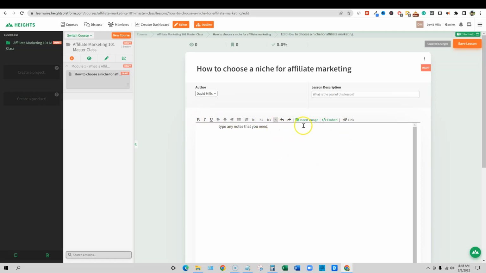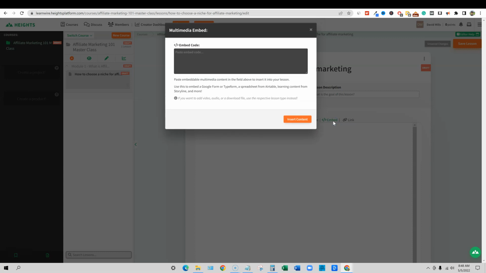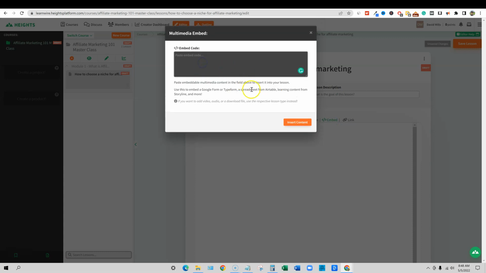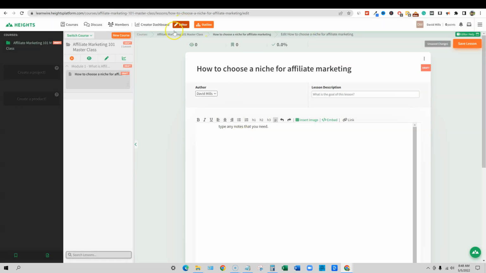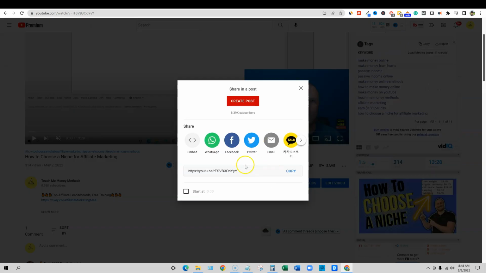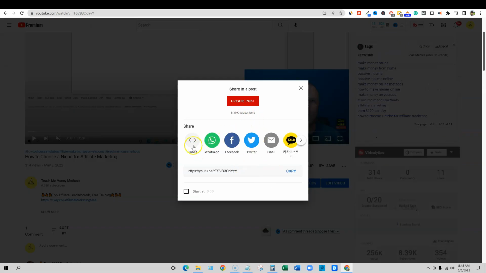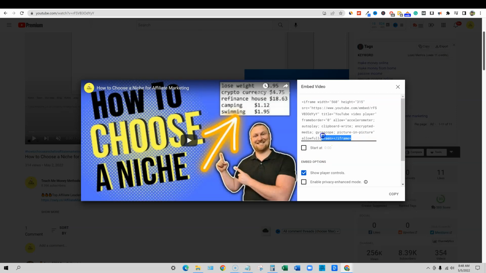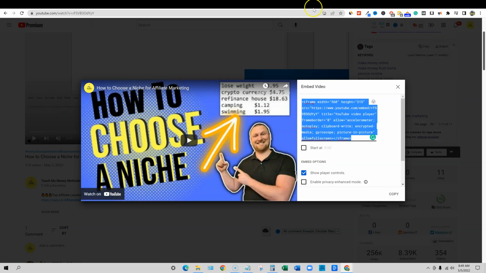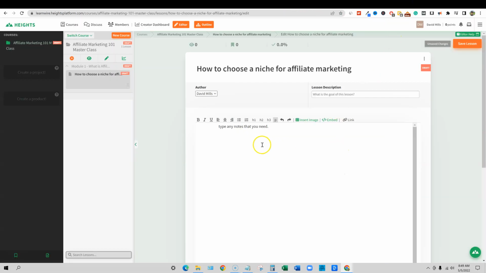Okay, so this is where you're actually going to embed your multimedia or your video. So if you had something on YouTube, you would just go and get the embed code right here. And obviously, if you're going to use YouTube, then you're going to want to make sure that you have your full course and all the videos under unlisted. That way it's only for people that have paid for your course and it's privately hosted on YouTube.